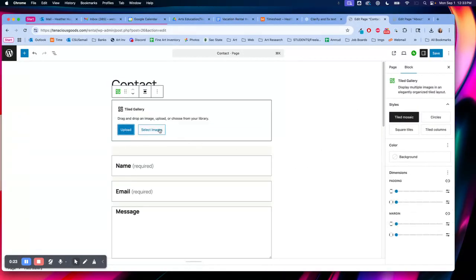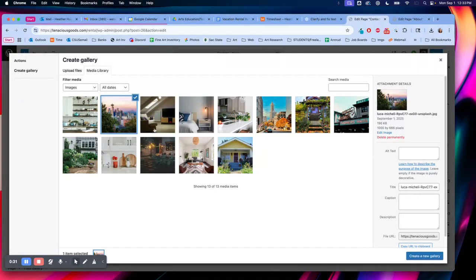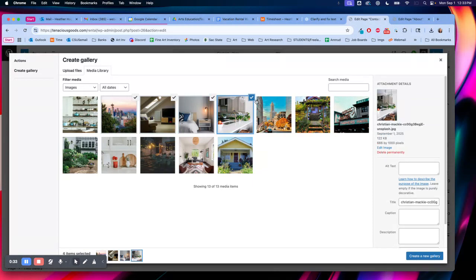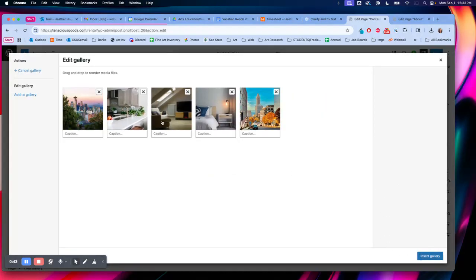Let's start with the tiled gallery. It's going to ask you to either upload, so you can drag and drop your images in there, or you can select them from your media library. And I'm going to grab these. Notice they have the check mark if they're selected. You can reorder them. I think in the next create new gallery, yeah, you can reorder them. You can add captions for